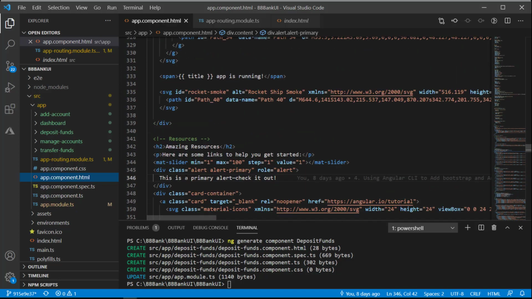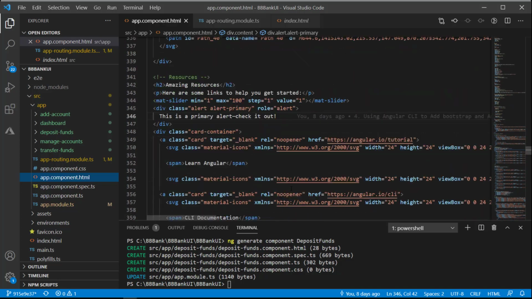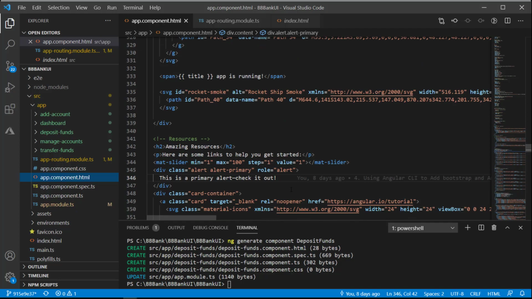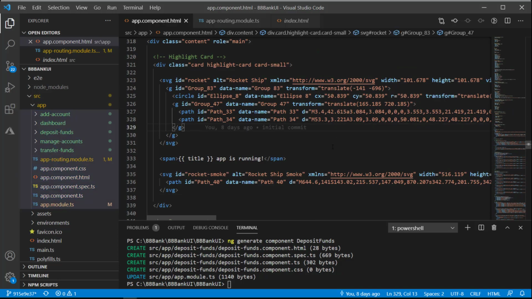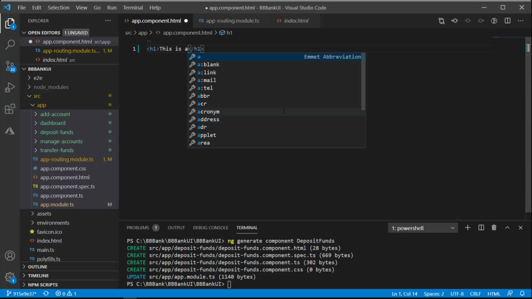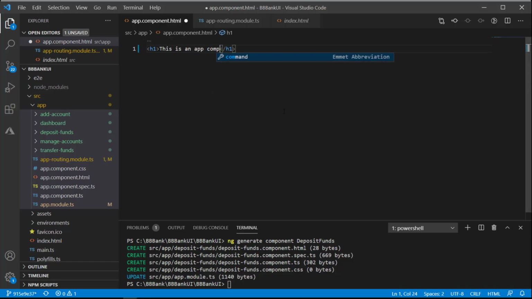It also has a couple of things which we did in the previous lesson, but that was just testing, to check whether our third-party libraries are working or not. Since we already know that they're working, we can remove everything that is here and replace it with something like, hi, this is an app component. So now if we run the application,